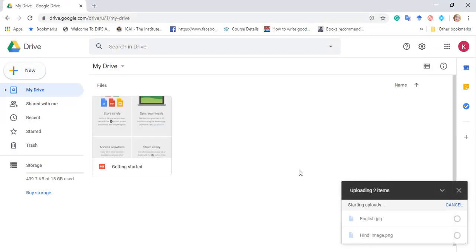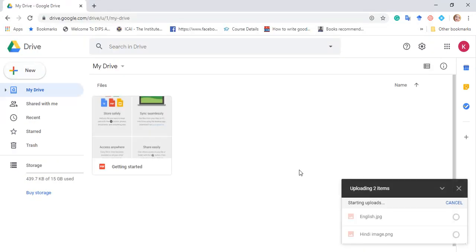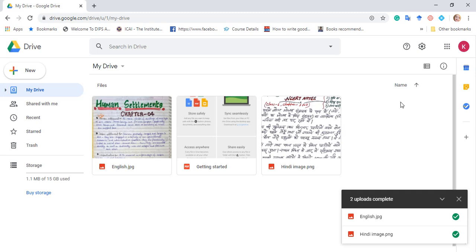As I have selected, these two files start uploading. When it is uploaded, it comes on your drive. As you can see, these two files are uploaded in my drive.